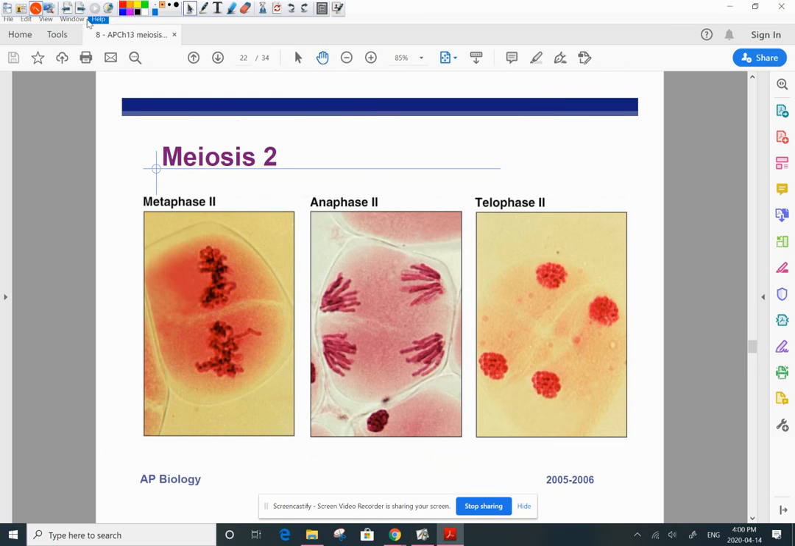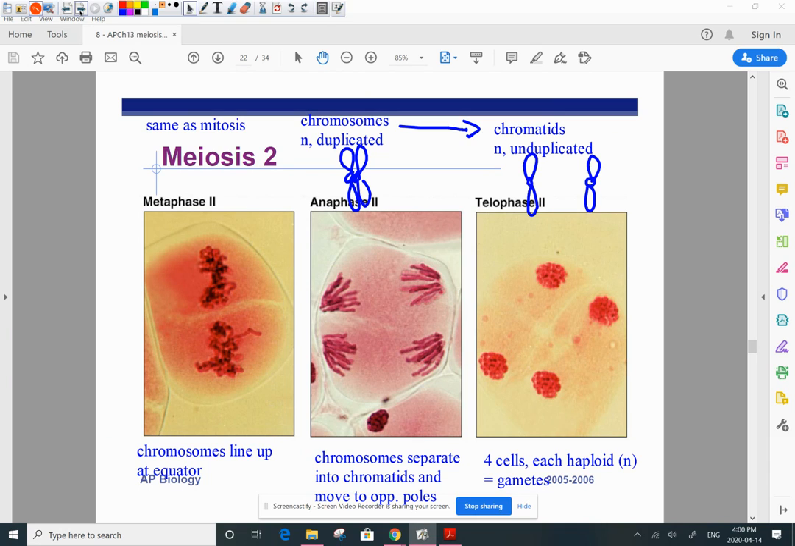Our meiosis 2 is same as mitosis. Here we have our chromosomes. They are still duplicated, but we've already undergone our reduction division. So they are haploid N, but they are still in a pair, right? 2 sister chromatids make up 1 chromosome. So it's duplicated, and it is going to form chromatids, each of which is N, and they